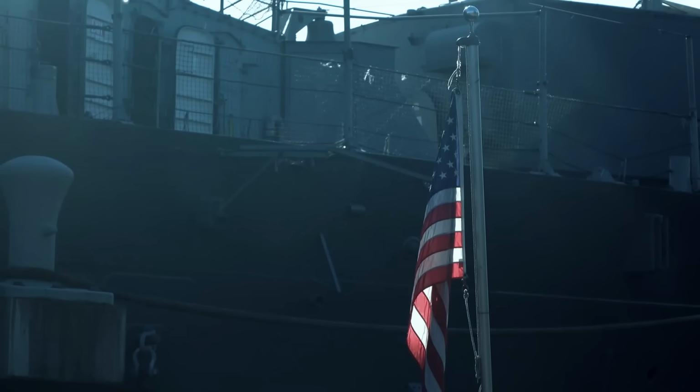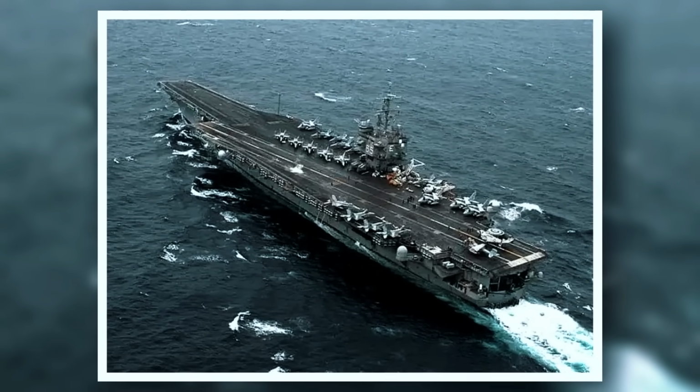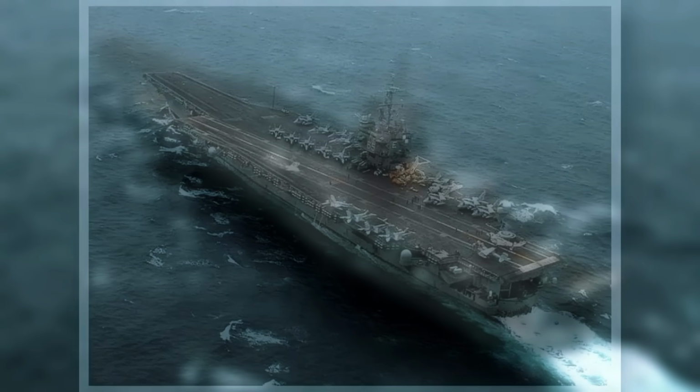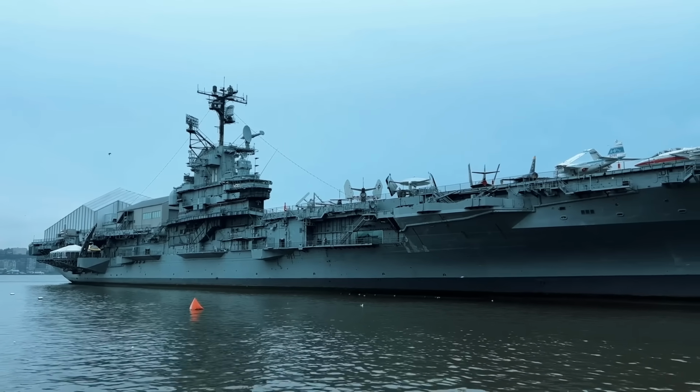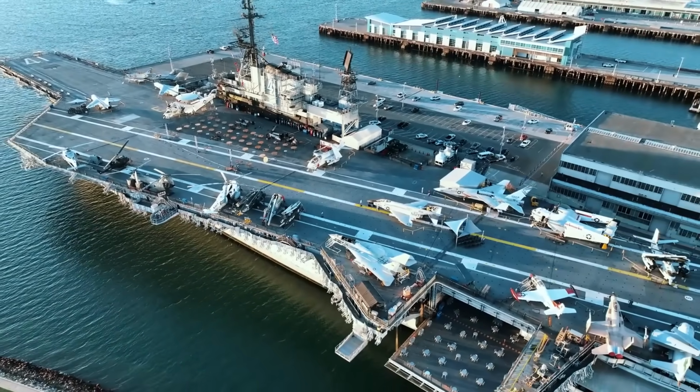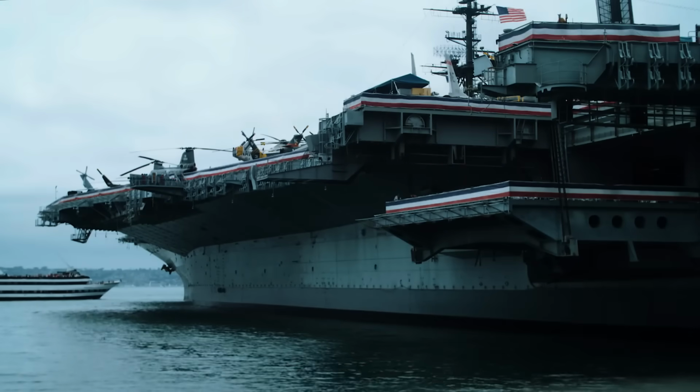The USS Enterprise is undoubtedly the most famous ship in the United States Navy. The USS Enterprise CVN-65, which shares her name with a long line of previous proud boats, was the first nuclear-powered vessel in the American fleet and, to this day, remains the longest ship to ever serve in any naval force in the world, measuring 342 meters,